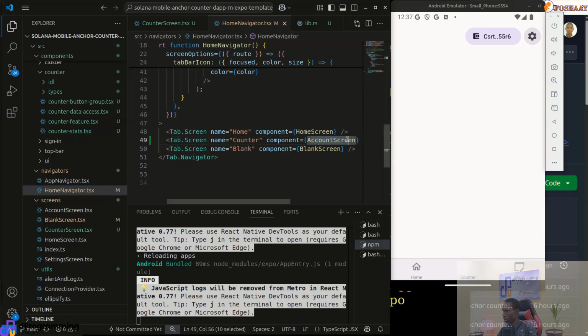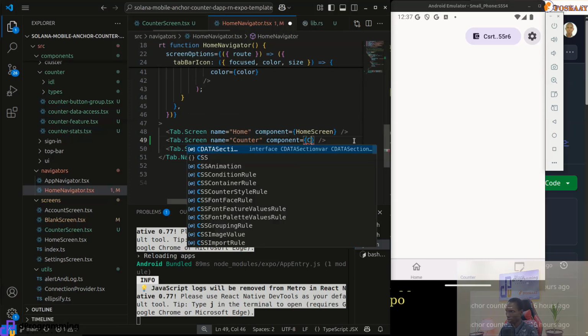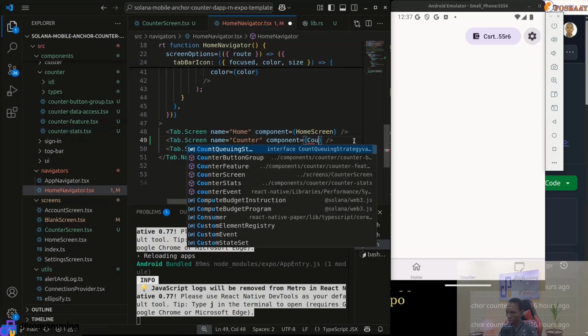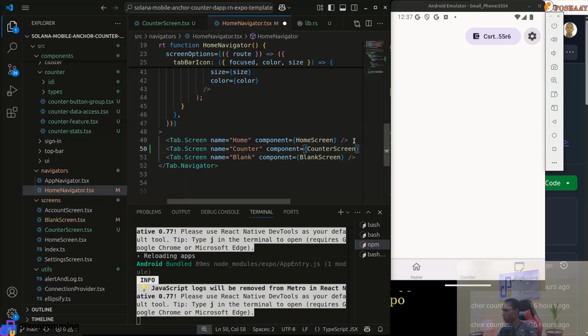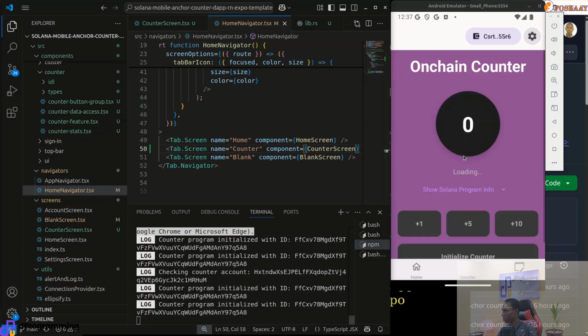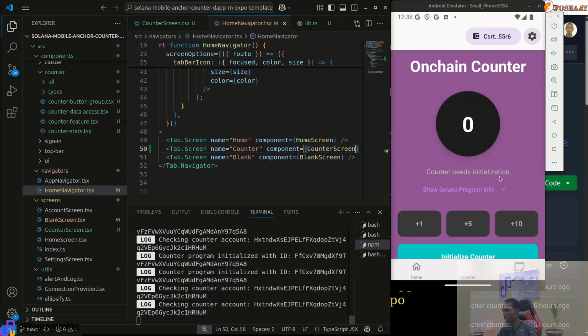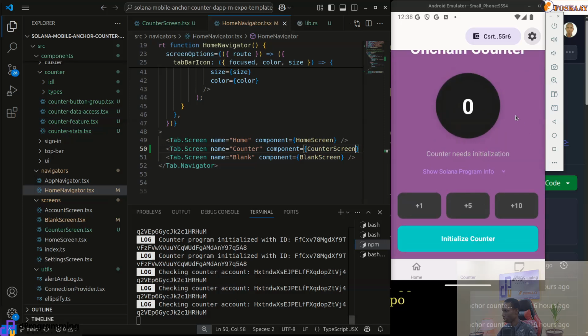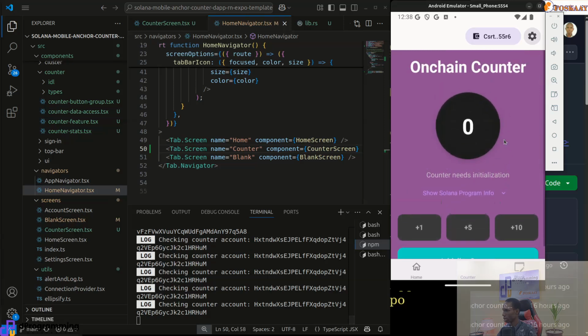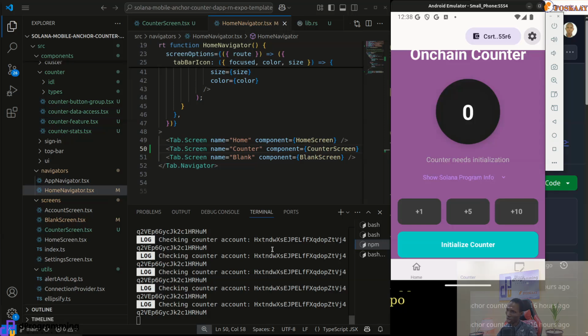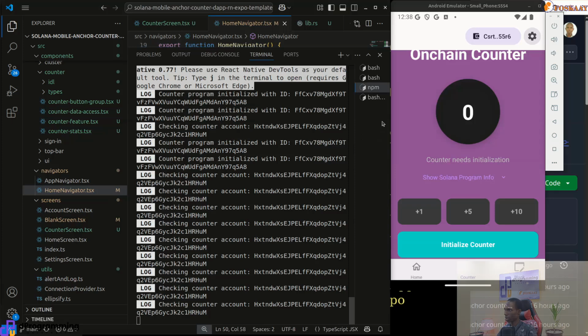Instead, what we need to bring in is our actual counter screen. Counter screen. Yeah. And then when we save this now, it's refreshing. Cool. You see it now? So counter needs initialization. Are you getting what I'm saying now? You see that I can scroll. If you have it on your normal device, you have the same thing. And you see that immediately inside this, let me pull it a bit more up for you. We start seeing some